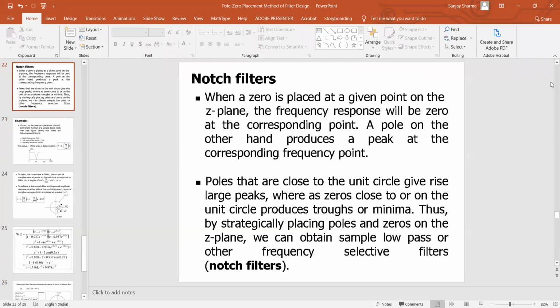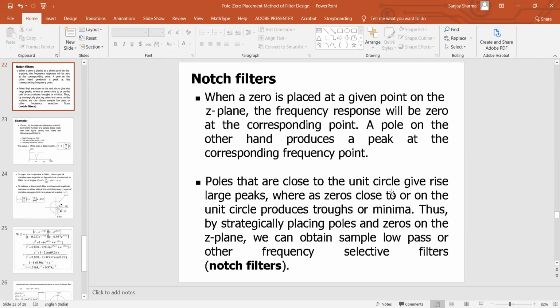Let me come back to that. Yes. So poles that are close to the unit circle, close to the origin basically. So it will give you poles that are close to the unit circle, meaning, what is the meaning of this? Poles that are close to the unit circle. It's not origin, I'm sorry. This is not origin. Poles that are close to the unit circle, the circumference, the perimeter of the unit circle. The poles which are more away from the origin. That's what it is trying to say.